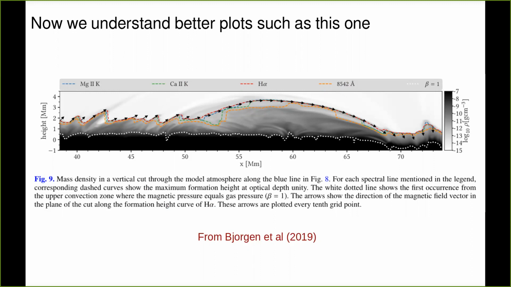And this is what tells us something, and obviously here we see that there is no such thing as one height of formation. Height of formation depends on the model. This model is obviously, you see, there is something like a spicule here. And the color here is density, right? So darker regions are more dense regions. So there is something like a spicule here, and obviously in the spicule, since it's denser, the optical depths go higher, and so on and so on. Okay, does it make sense? You have seen plots like this before, right?